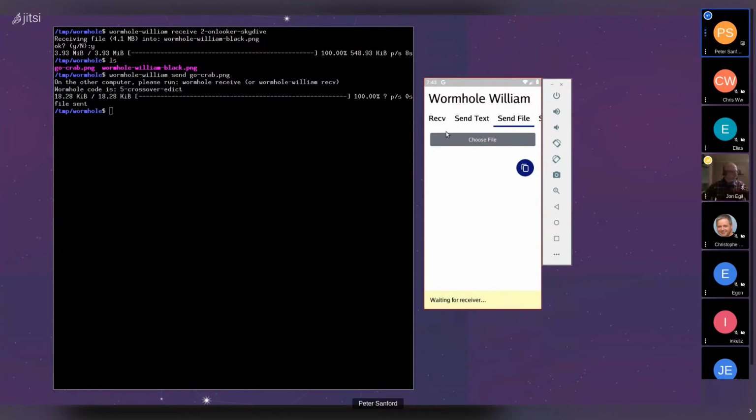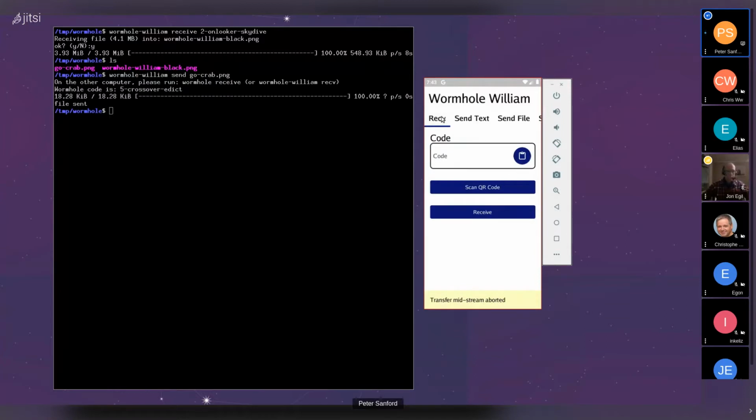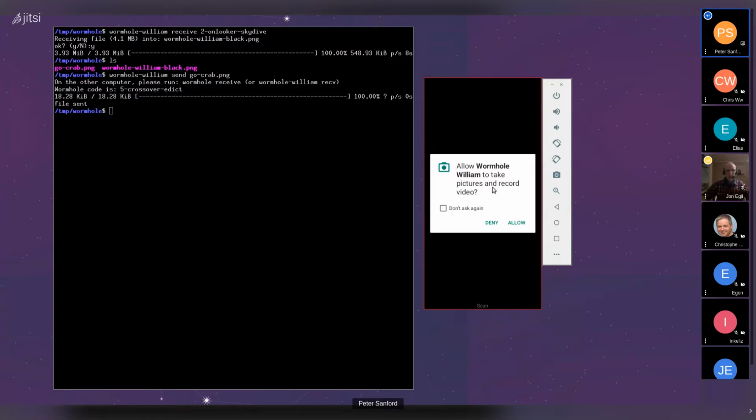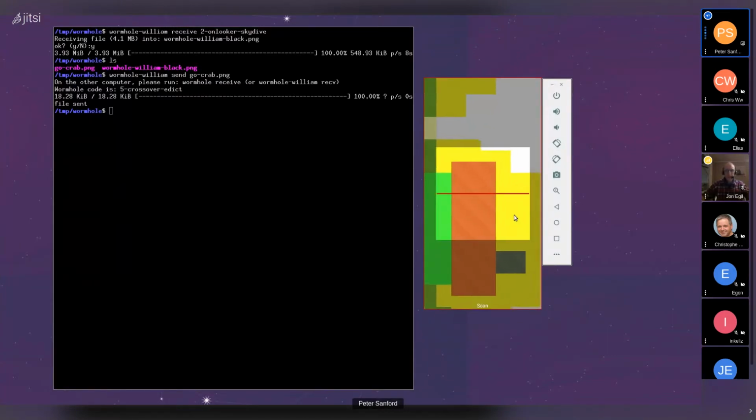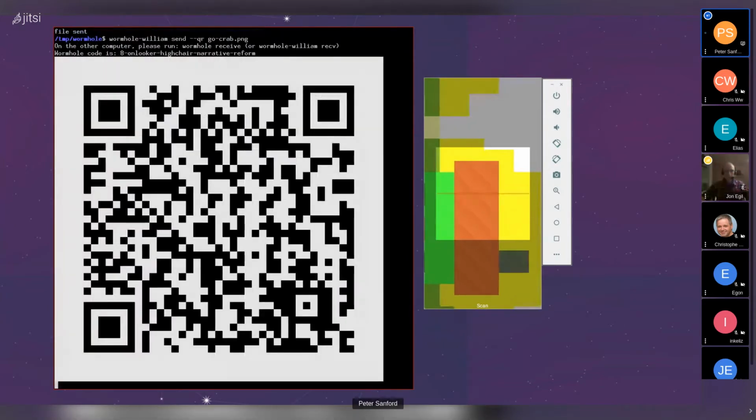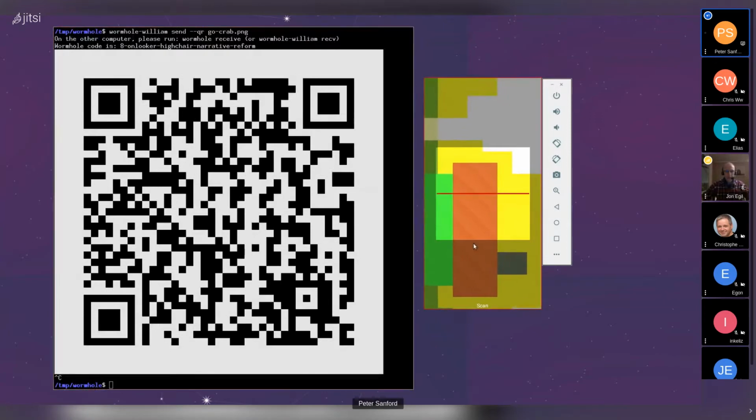And then it also supports scanning QR codes, which I'm not going to be able to fully demo because this is just running on an emulator, and I don't know how to do that magic of getting it to use my desktop as a camera. But we can see what the emulator thinks of as its camera, and the workflow for this is just you say send with --qr, and it prints out a giant QR code that you can scan with your phone. But we won't go through that full flow.